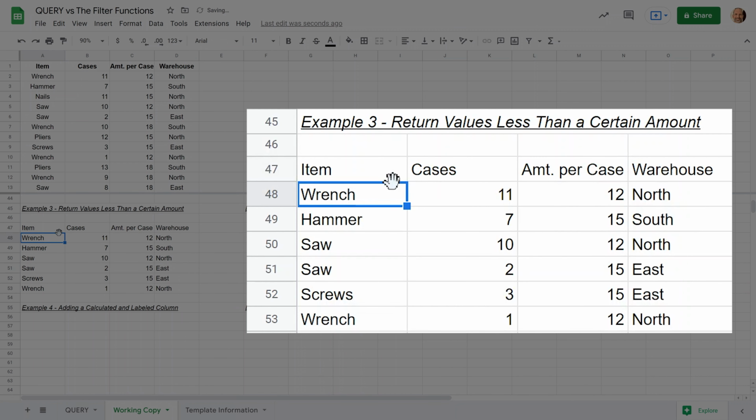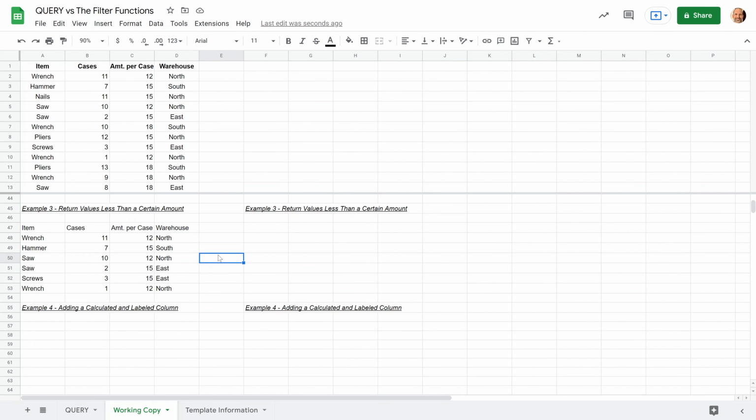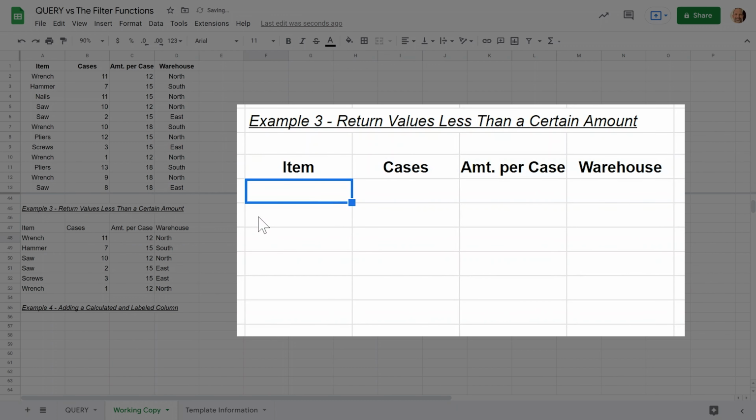All right, so you have to do a little bit of math to make sure this is right, but these are all less than 140. Let's take a bigger looking one and do the multiplication. 120. All right, so that worked. It returns 1, 2, 3, 4, 5, 6 lines. And now we're going to do this with the filter function again. And we're going to say equals